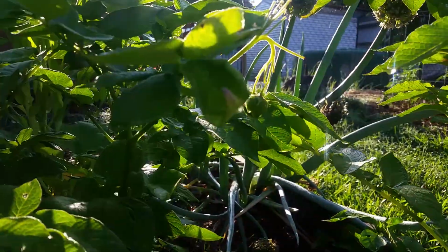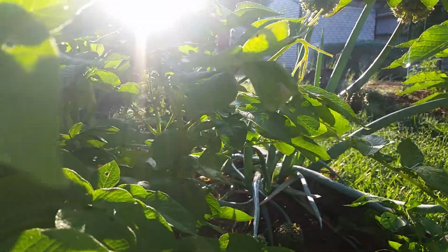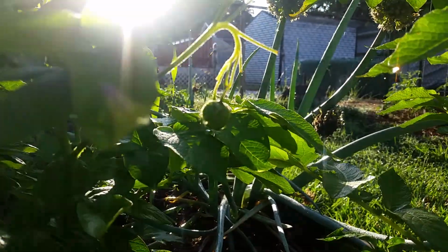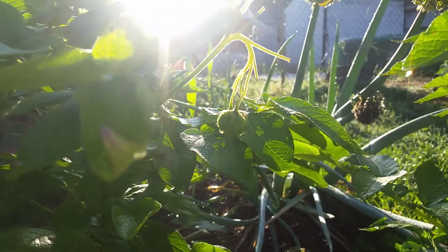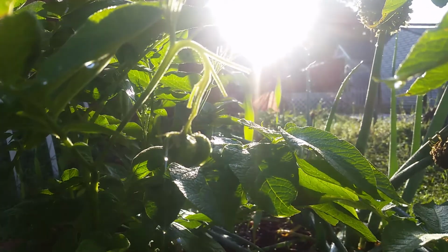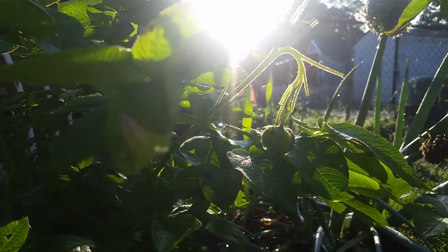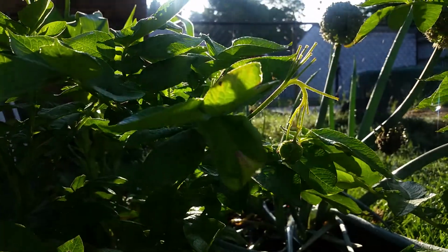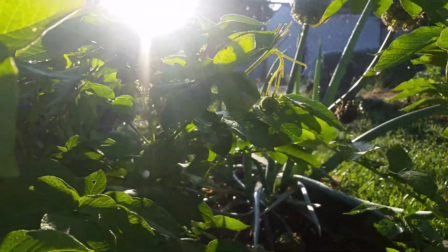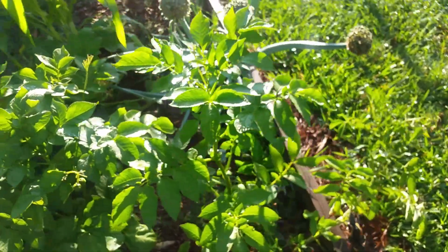Okay, so yesterday I came out, I was just looking at my potato plants, and I saw this. There's two of them hanging from the potato plant. And I was like, what is that? What? So I went and did a little research,